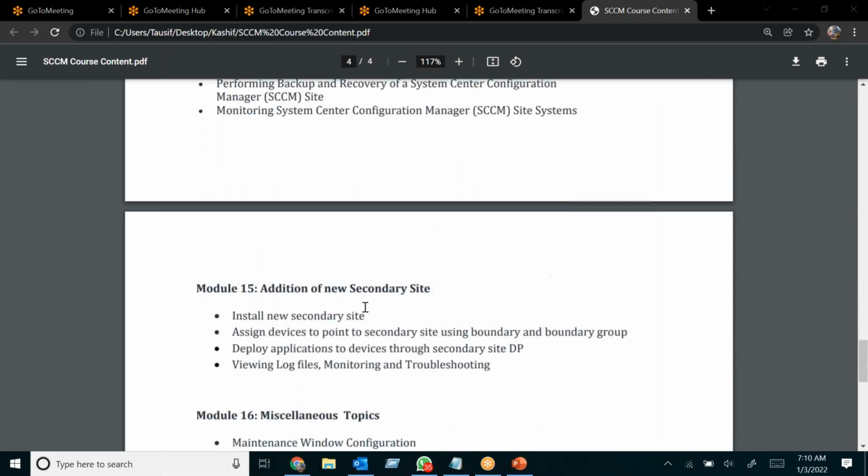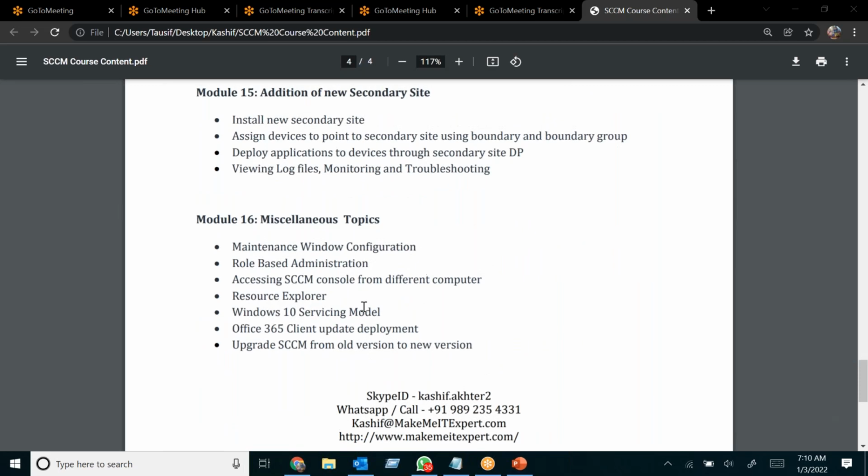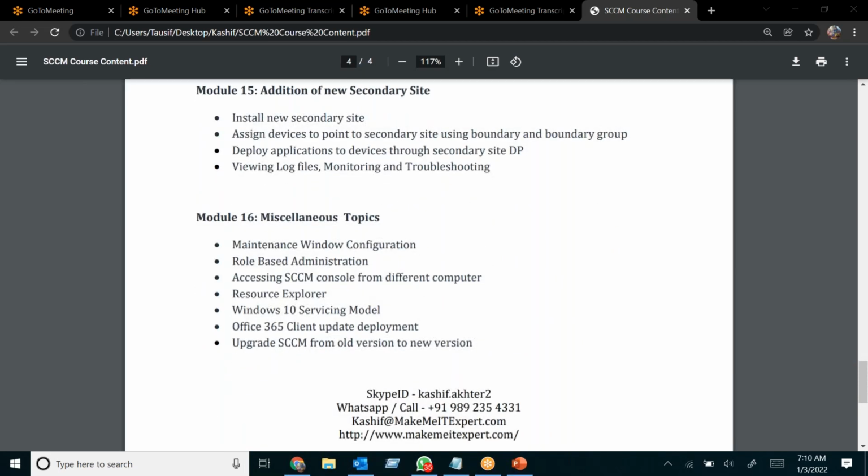In the training, I'll be showing you basic troubleshooting, common issues and challenges on the server side and the client side, plus the important log files. For example, after installing the primary site, what all log files you have to check to verify whether the primary site got installed or not.